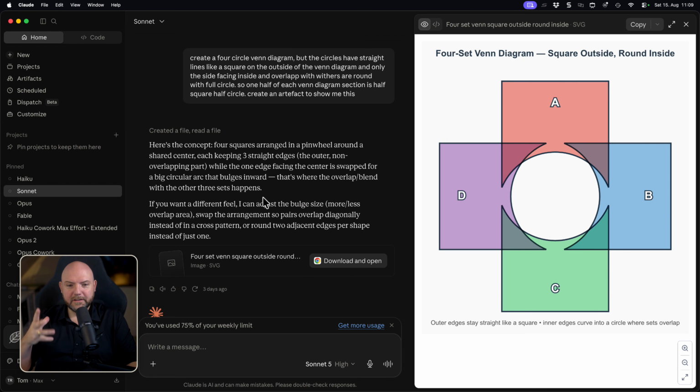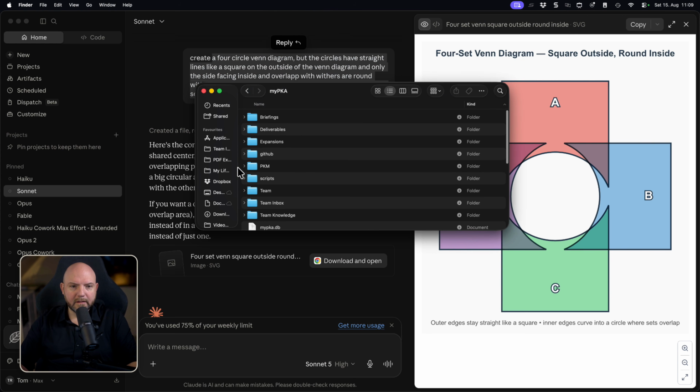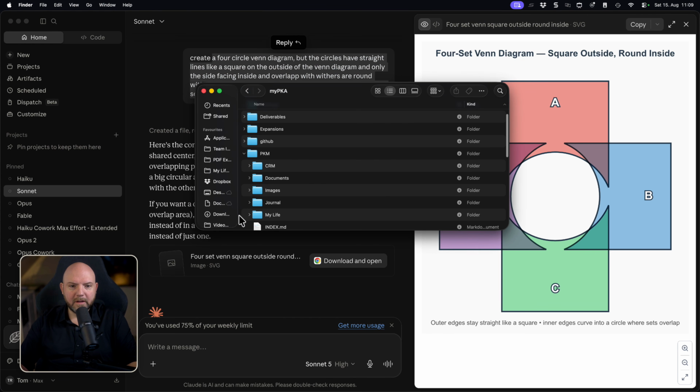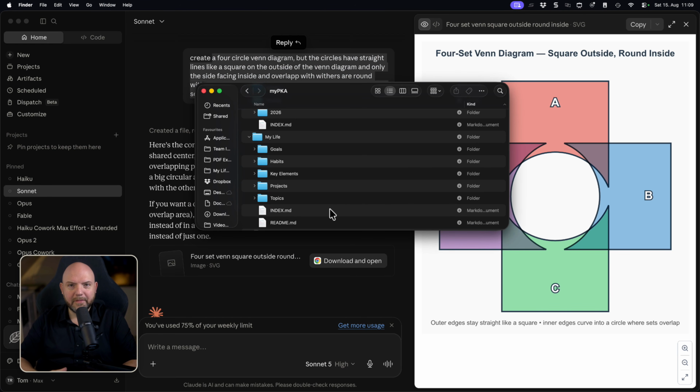And what I want to extrapolate here from my experience creating this Venn diagram is the fact that if it struggles to understand what I'm saying here and what a Venn diagram is, and maybe not looking up properly how to make it mathematically correct and so on, then how the heck can I trust this model to organize everything properly inside my folder here, where I have a PKM, a personal knowledge management, where there are journals in there, where my whole life is in there. And whenever I share something, I expect it to properly connect everything together.